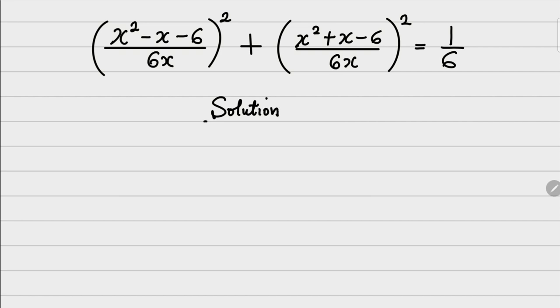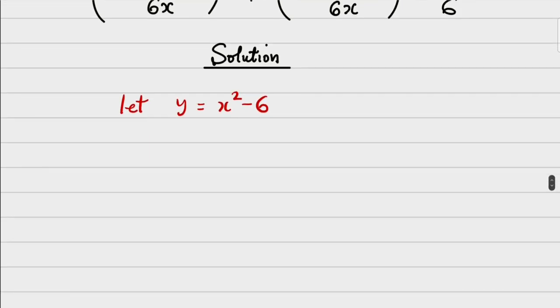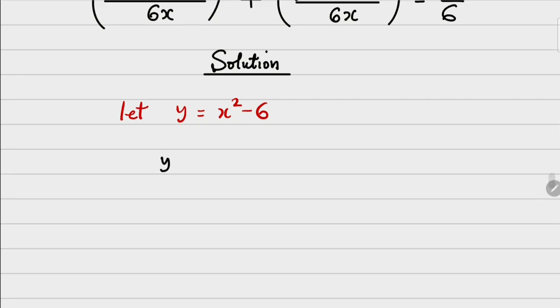Now, you see, what you need to do to simplify this work is to observe. Here I have x squared and I have minus 6. Why not let y be equal to x squared minus 6 from the beginning so that I can simplify? Okay, so therefore for the first one, what I'm going to have will be y,